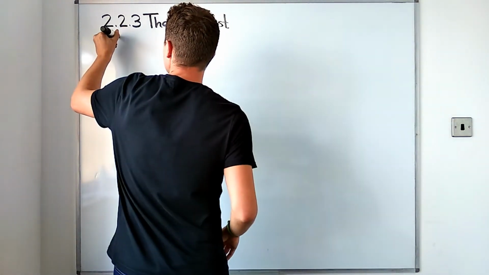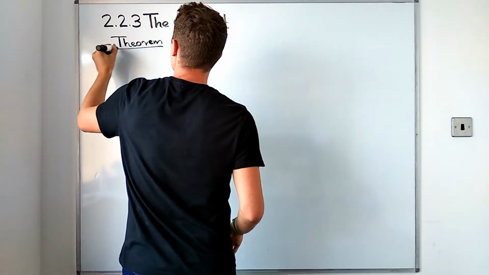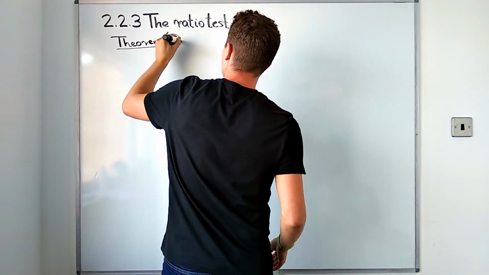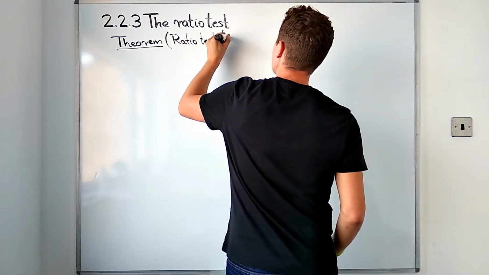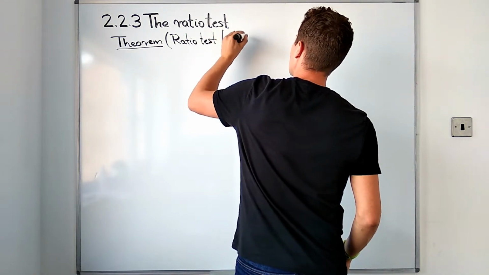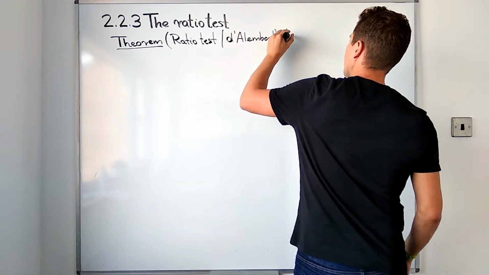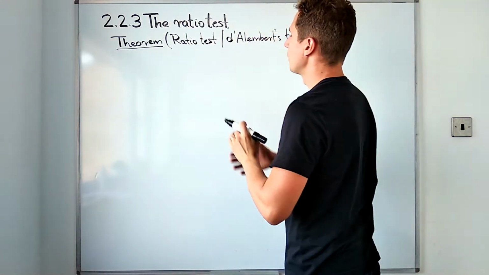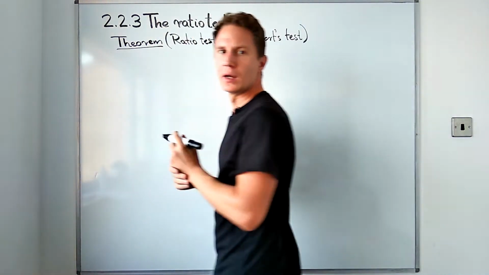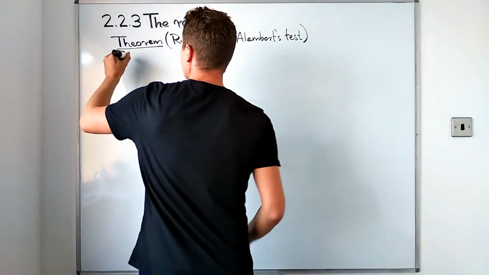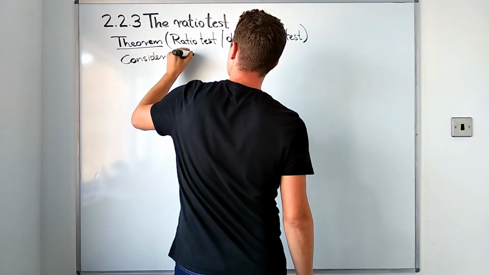The theorem that we will prove is this about this ratio test, which is sometimes referred to as D'Alembert's test. D'Alembert was a French mathematician. So the test itself does the following. We consider the infinite series